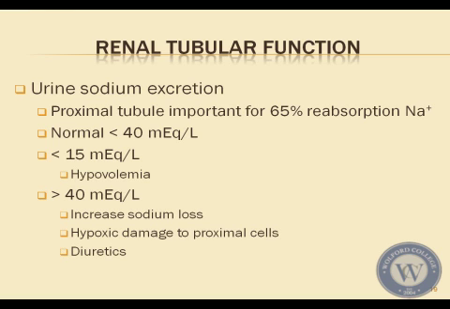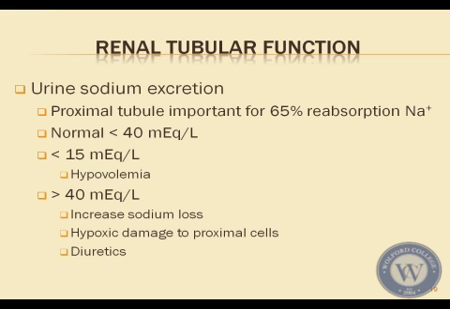The normal value should be less than 40 milliequivalents per liter. Your body really doesn't want to lose sodium. It's trying to maintain it. If you're seeing it less than 15 milliequivalents per liter, it may be indicative of hypovolemia. If you're seeing greater than 40 milliequivalents per liter of urine sodium, it may be due to increased sodium loss,